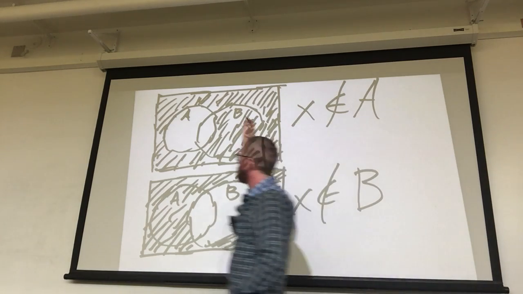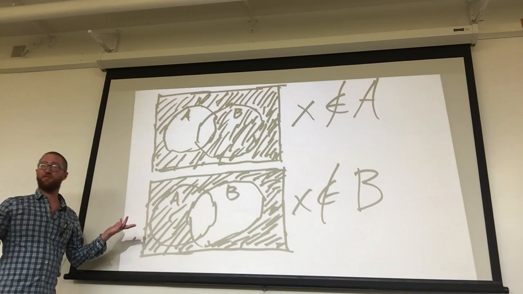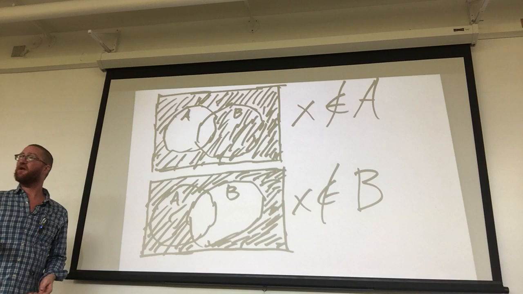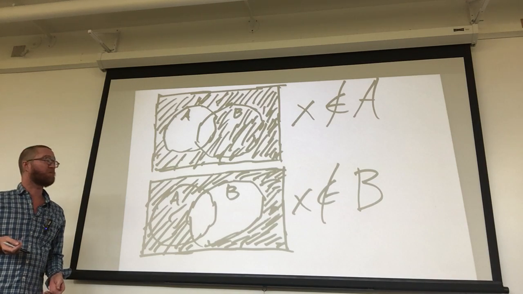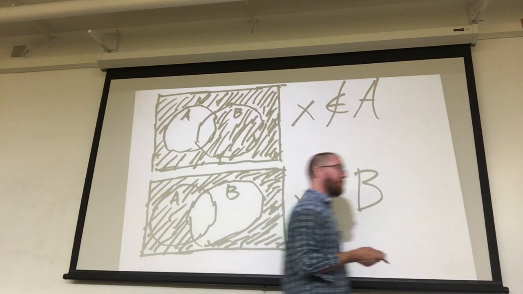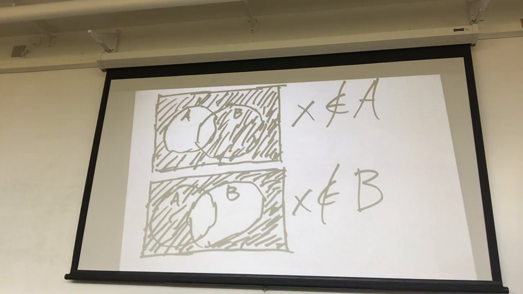So everything surrounding the circle of A, that's saying X is not in A. Everything surrounding the circle of B, X is not in B. So if we say X is not in A or X is not in B, what would that be? That would be a union of these two. And so the union of these two, X is not in A or X is not in B,